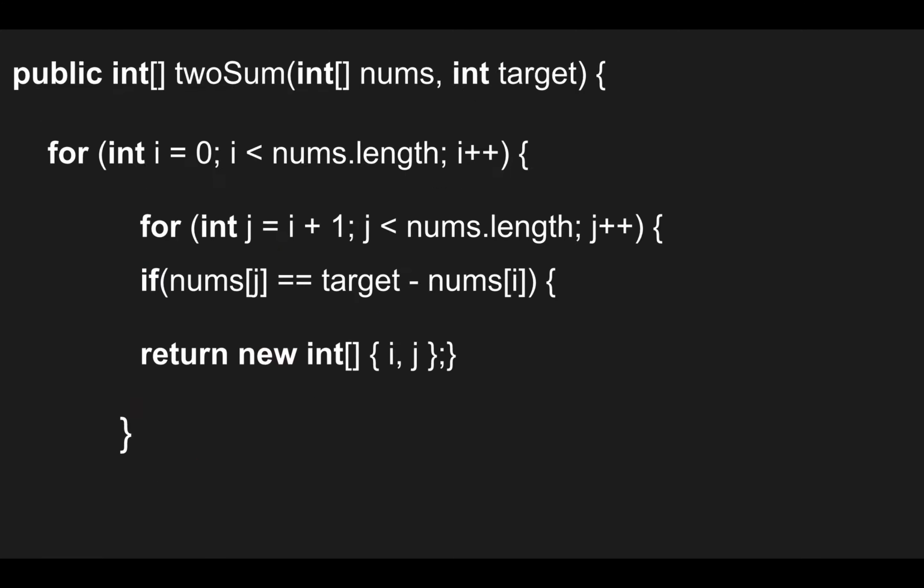Okay, let's have a look at the code for the brute force approach. In this code, for each element, we try to find its complement by looping through the rest of the array. So its time complexity is order n square, as for each element of the given array, we are iterating the rest of the array. To improve our runtime complexity, we need a more efficient approach to check if the complement exists in the given array. If the complement exists, we just need to look up its index. So what is the best way to maintain a mapping of each element in the array to its index? A hash table or hash map.